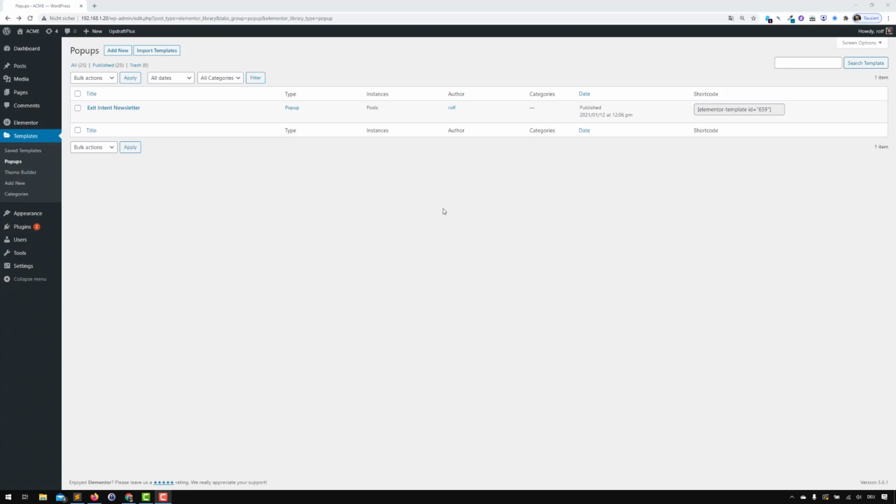In this lesson, we want to create an exit intent pop-up. That means when someone is leaving the blog, a pop-up comes up that asks for an email address to join our newsletter. Now go back to the WordPress dashboard, and in the left-hand navigation you can see under templates the pop-up section. Click on add new pop-up